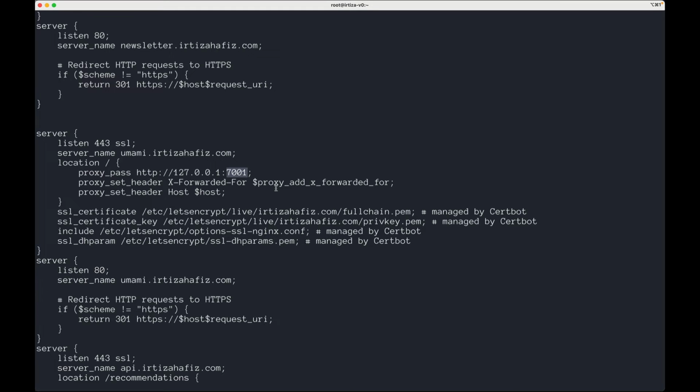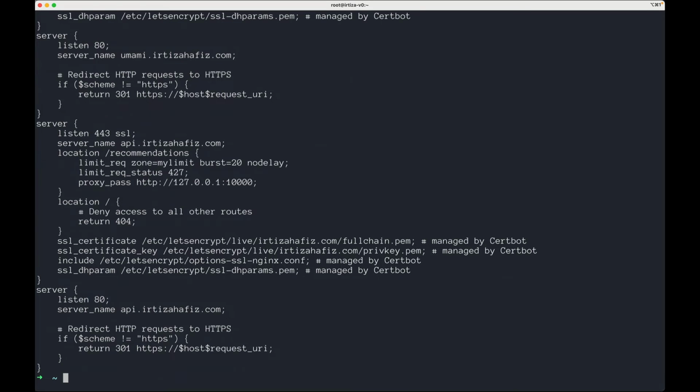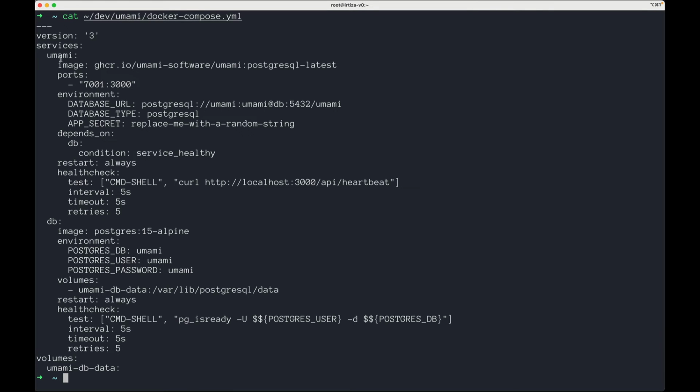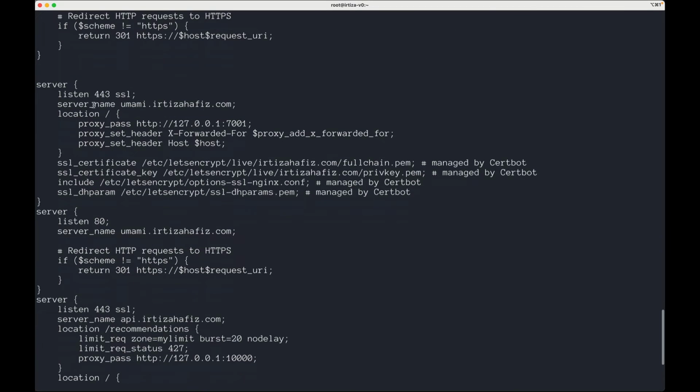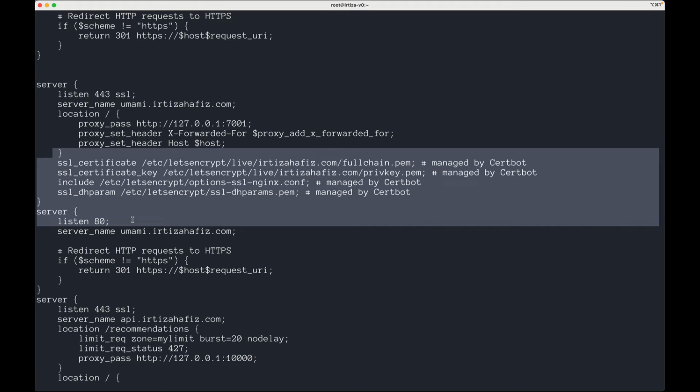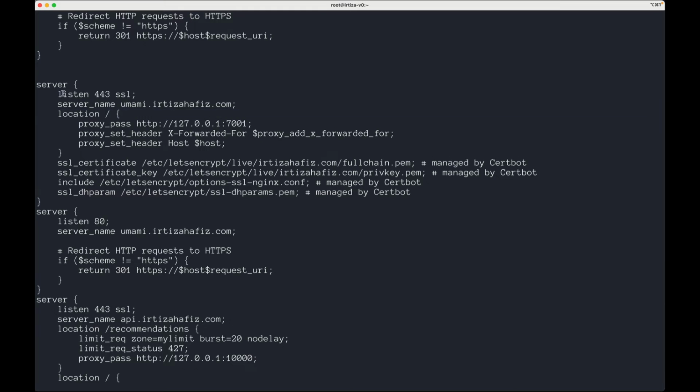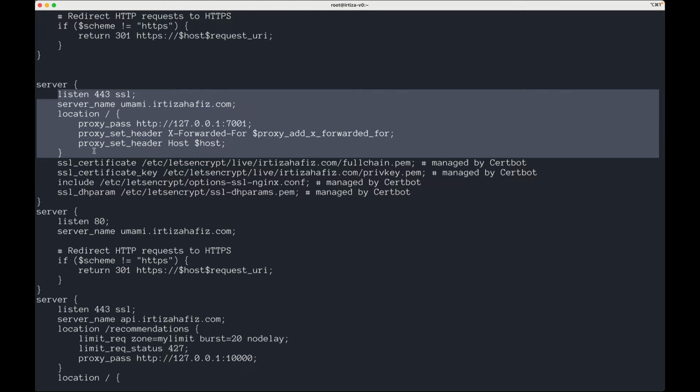And what is running on port 7001? If you take a look back, you'll see that the Umami instance is running on port 7001. Okay, and that's exactly what you're telling your Nginx server over here: any request coming to umami.irtizahafiz, forward it to port 7001. After that, there's just a bunch of SSL certificate configuration, but you can just copy paste all of that. But the key is over here, where I'm saying any request coming to umami.irtizahafiz, forward it to the locally running